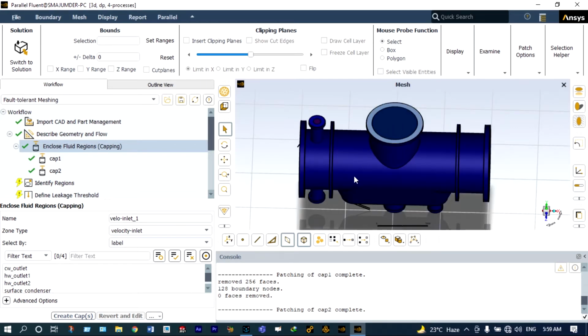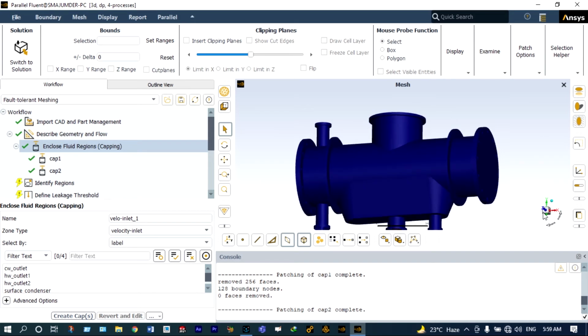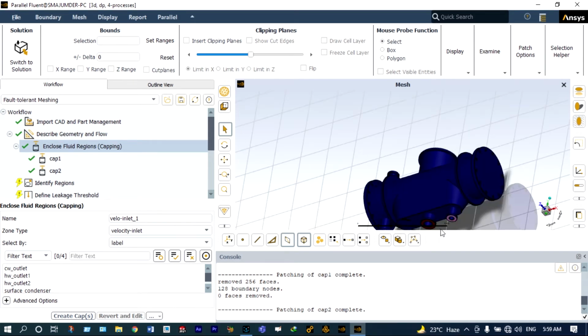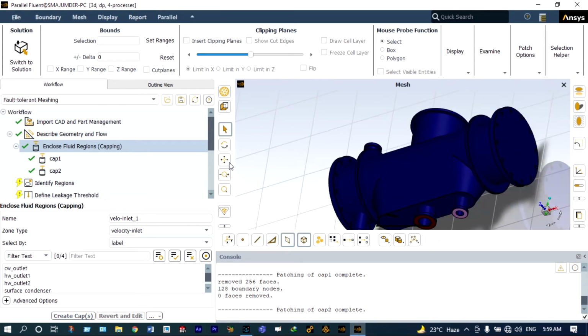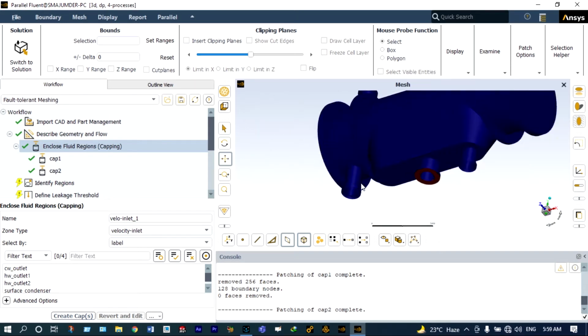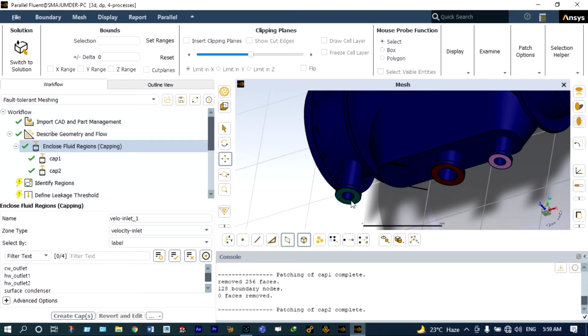Next to that, we have to provide caps at the exits. We're having 3 different exits: exit of cold water and exits of hot water. These 3 different locations are there. I can show it by dragging. This is the exit of cold water, and these are the exits of hot water, right? So we are selecting